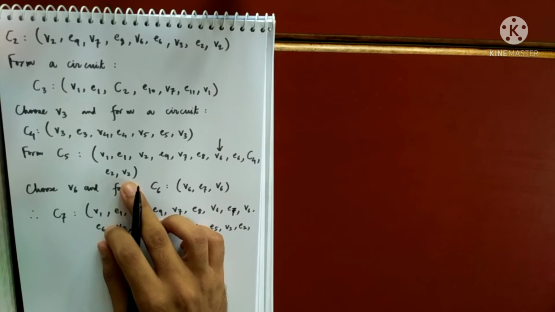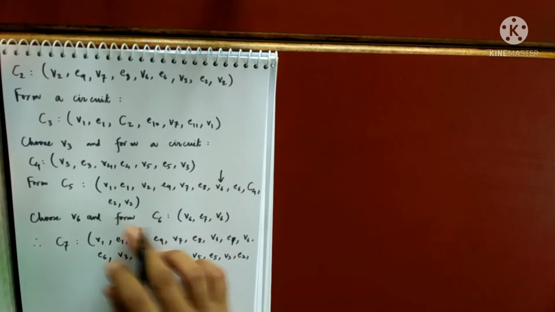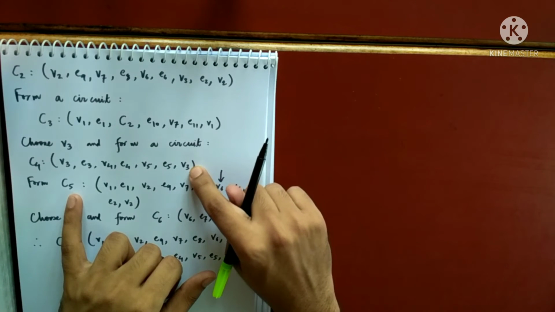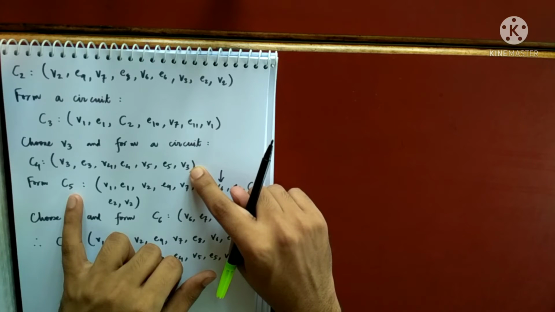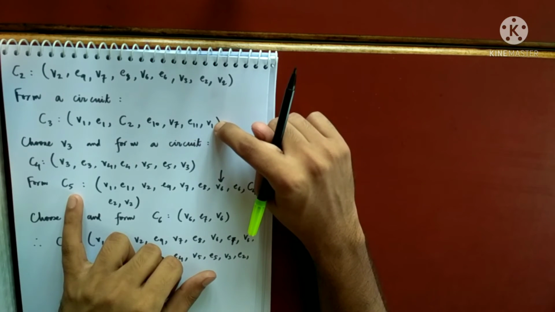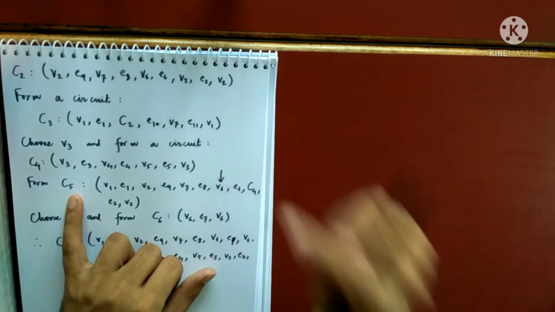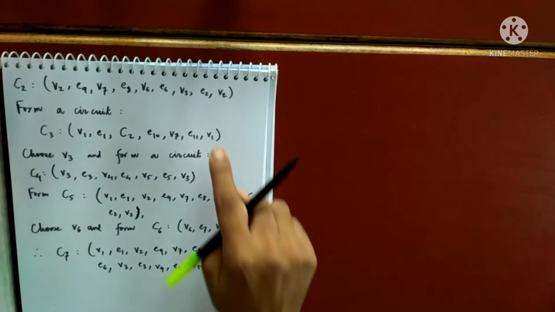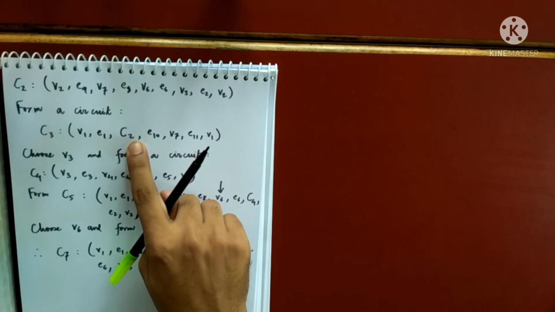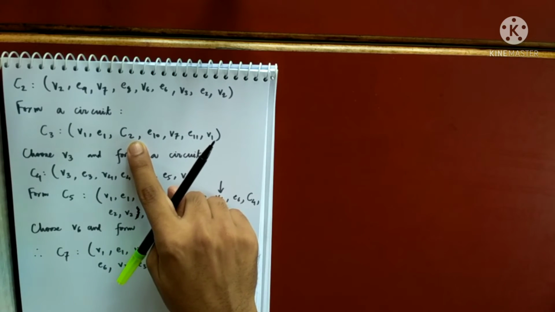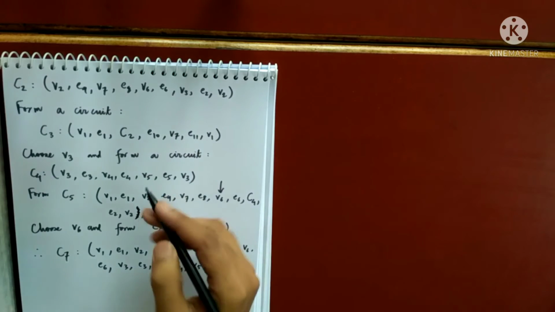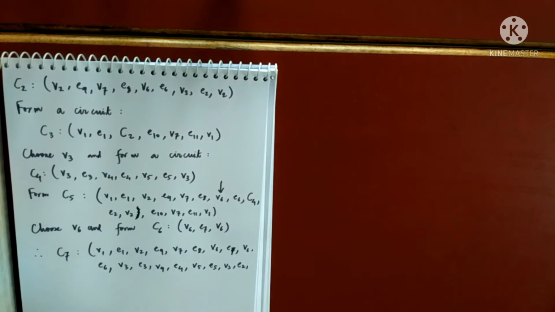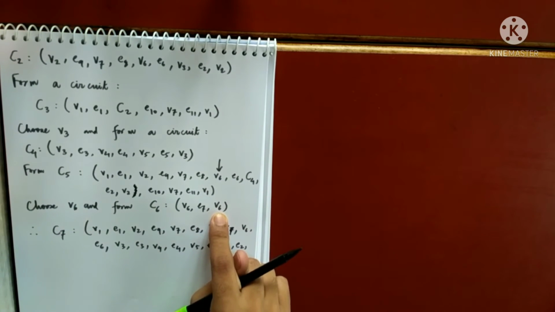I made a mistake. So this was C4. So in C4, what I am doing? V3 to V3. So I am supposed to replace there in C2, no? C3. So in C3, what I am doing? Hold on, I made some slight mistake. Sorry, what I made a mistake here is that after writing C2 here, I have ended here. So after writing C2, I am supposed to write this thing, no? E10, V7, E11, V1. So this is my C6.